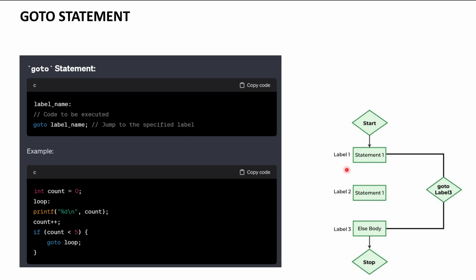With the help of the flowchart, we can easily understand this concept: goto label is used when we are executing this statement and need to execute the code again and again. You can use goto with a label, then it will again start executing from the first. With the help of the goto statement, we are going to jump directly there. But these are all the concepts about goto,